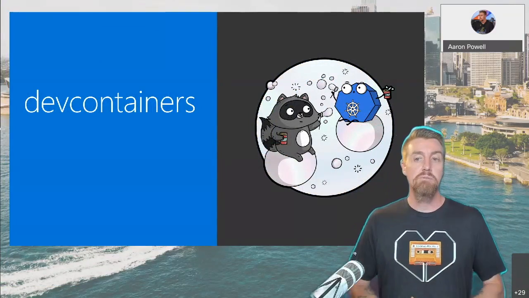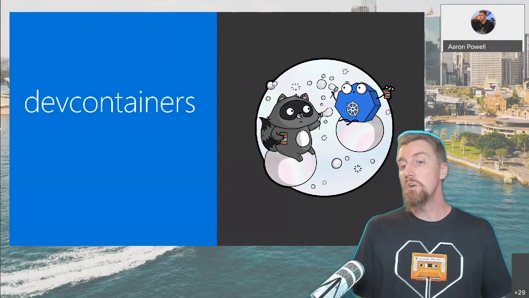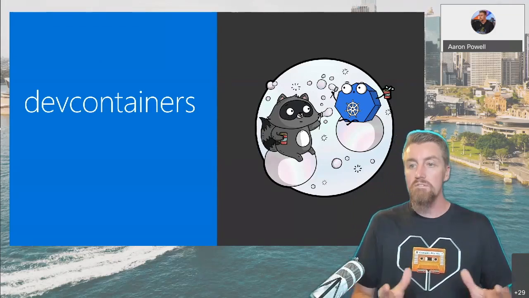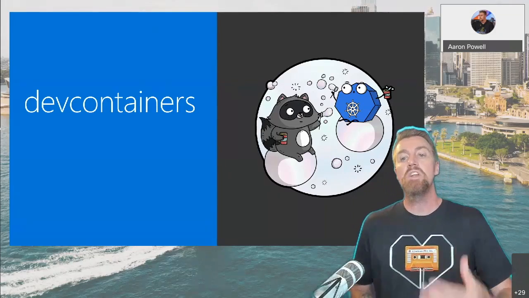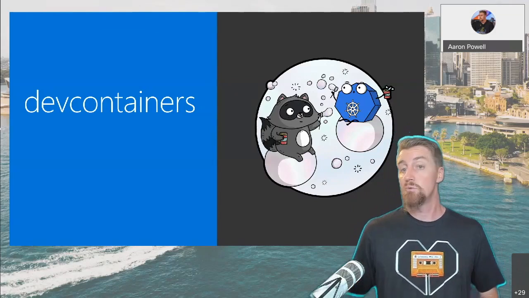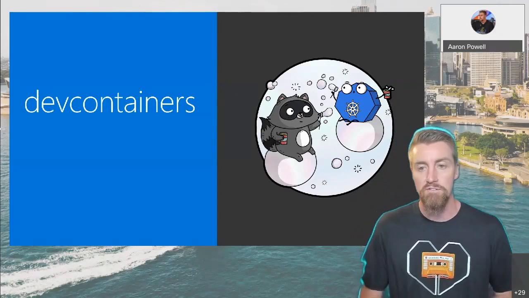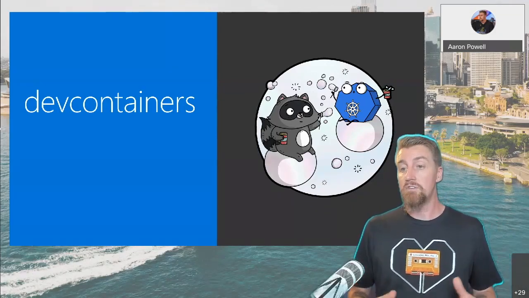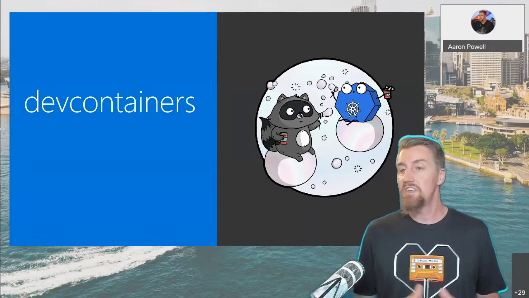Or as someone who's on an open source project, maybe I'm giving you a dev container. So I'm controlling the environment that you've got set up so that when you're coming to the project, you don't have to go out and install a bunch of different tools. You make sure you have the right version of Node installed, so on and so forth. From a development team standpoint, this would be useful to standardize our environment.